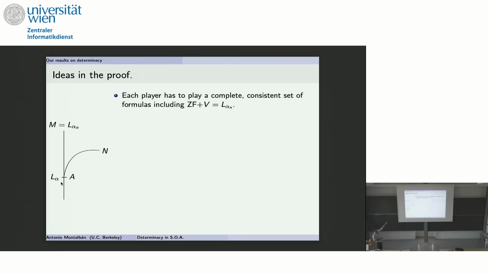Okay, so they are playing that, and we have to be able to define the game so that we can identify who is playing the theory of L alpha n. So if one of them is playing the theory of L alpha n and the other one is not, we have to be able to identify that. But the trick is that we have to identify it with a game that is a difference of n-1 Pi^0_3 sets.